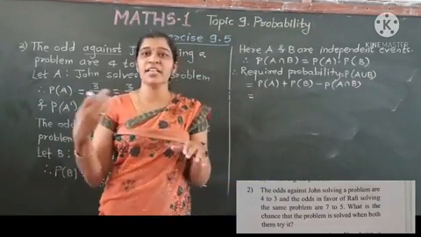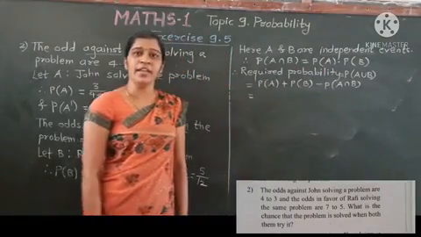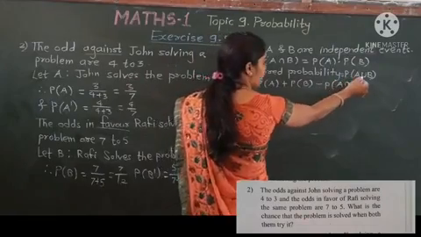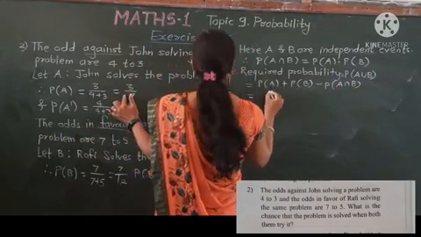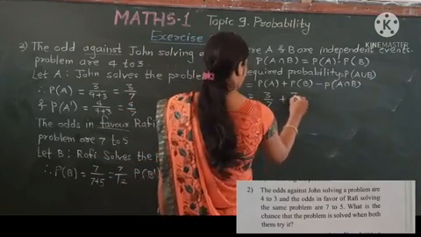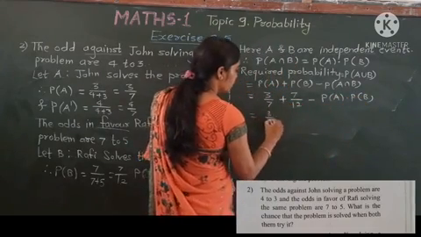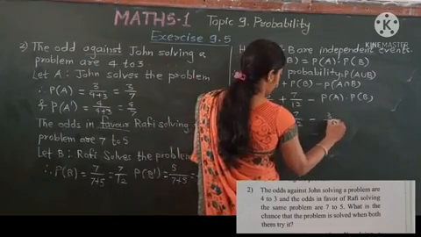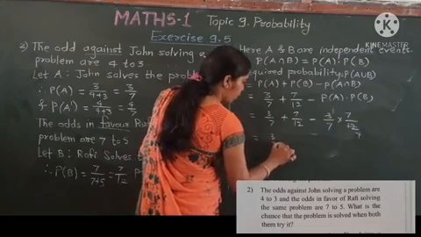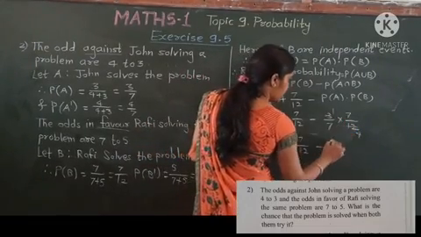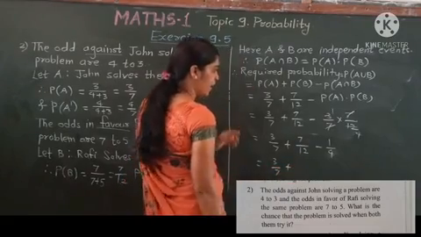So here A and B are totally independent events. We have learned that if the events are independent, P of A intersection B is equal to P of A into P of B. The required probability is P of A union B, P of A plus P of B minus P of A intersection B. What is the value of P of A? 3 upon 7 plus 7 upon 12 minus P of A, 3 upon 7, into 7 upon 12. 3 ones are 3, 3 fours are 12, 7 gets cancelled, so 1 upon 4. Here 3 upon 7 I write as it is.